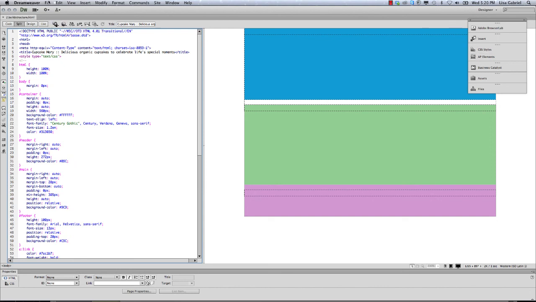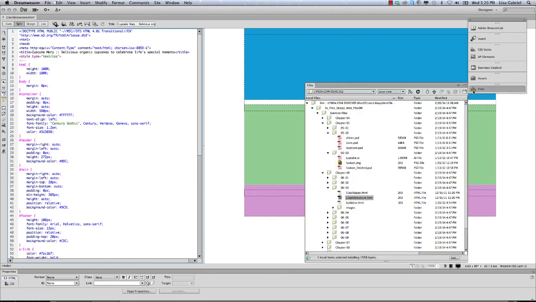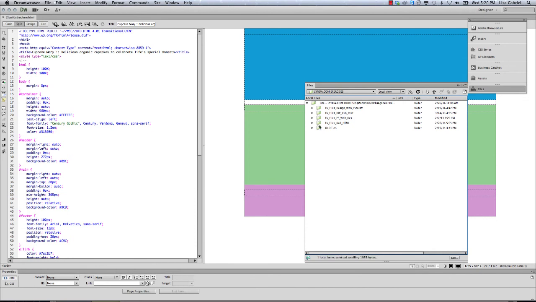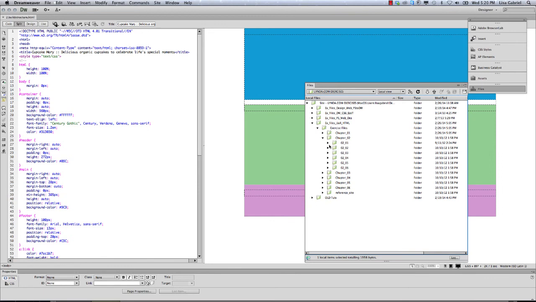All right. Now, I believe to open up your files, I don't know if I reviewed this, I'm going to do it again. Over here you click on the Files panel, and you migrate out to the folder, Exercise Files for Up and Running with HTML. And we're going to be working on Chapter 2. So you'll come in here, and based on what the tutorial tells you, you'll open up your HTML files from here. Okay, so if I come down here to the lab, for instance, for the Section 2 lab,